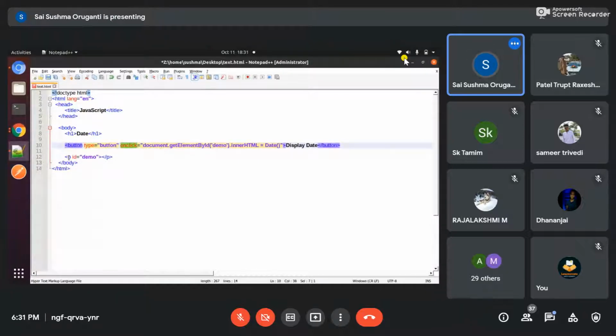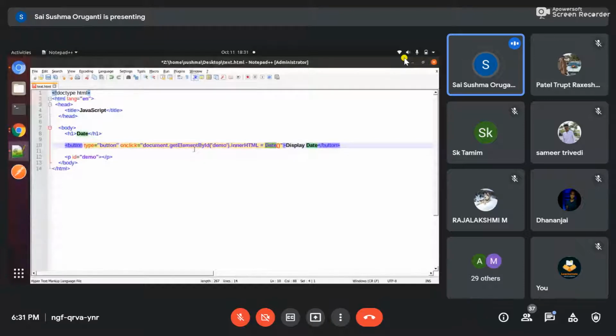So I'm giving p as the element with a unique id. I'm getting p from the id and changing it, because initially the p is empty, but when I click on the button the date should be there in p, right? Date is the default function of JavaScript. We are putting the date into this, so we are displaying the date.